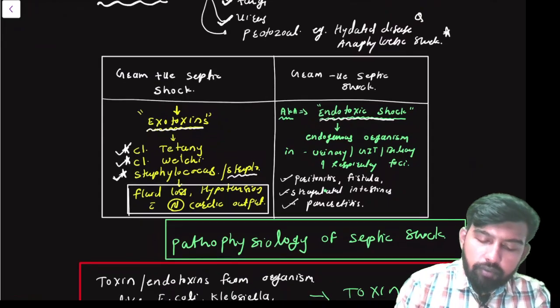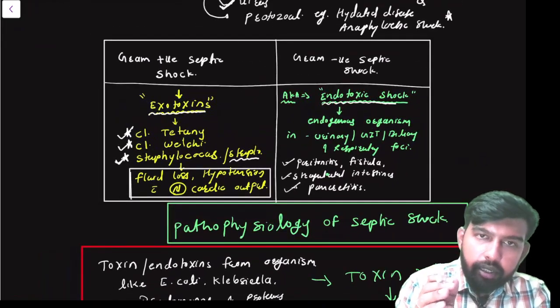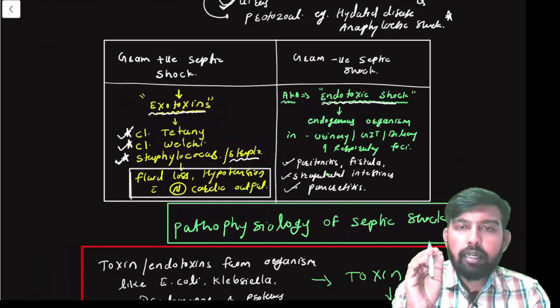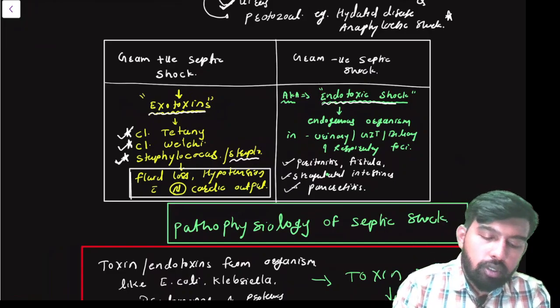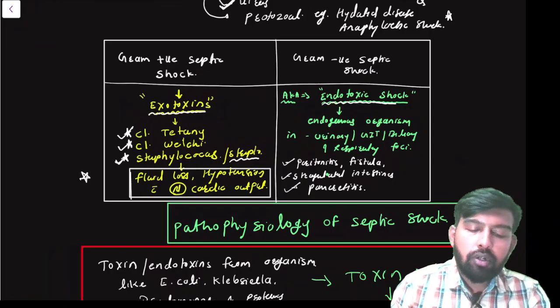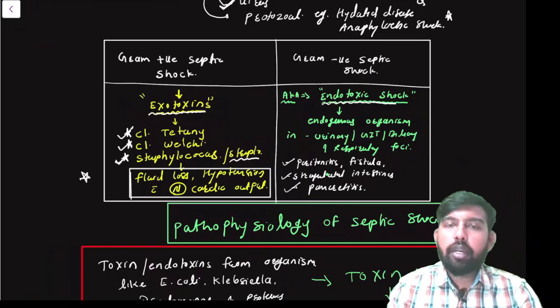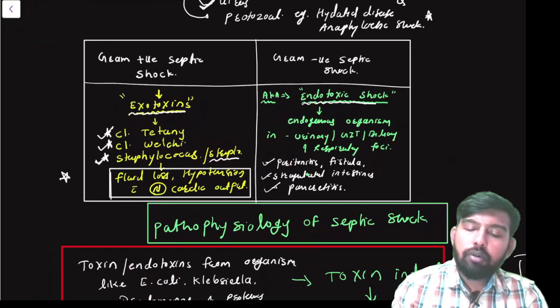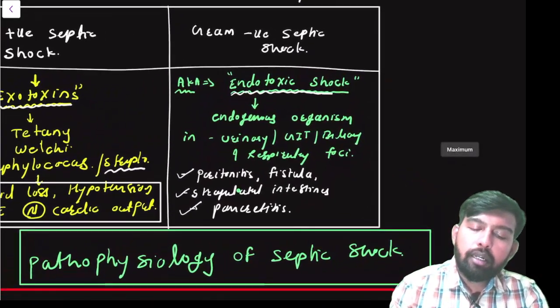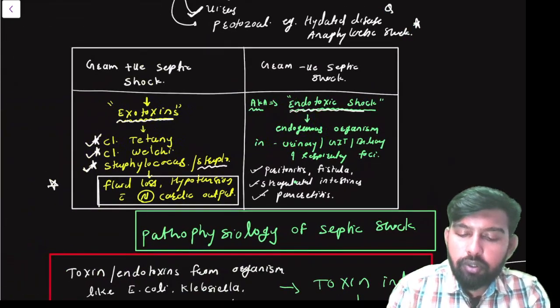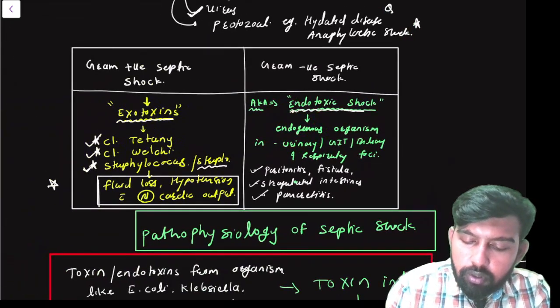There is fluid loss and hypotension with normal cardiac output in case of septic shock due to gram positive organisms. And the septic shock due to gram negative organisms is also known as endotoxic